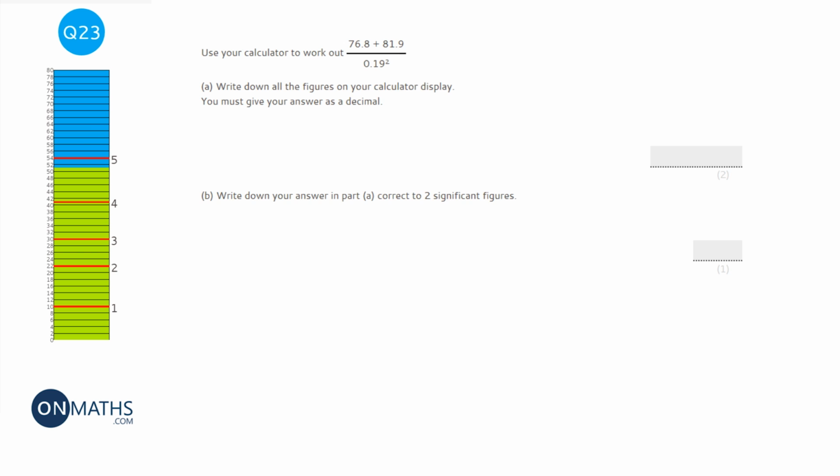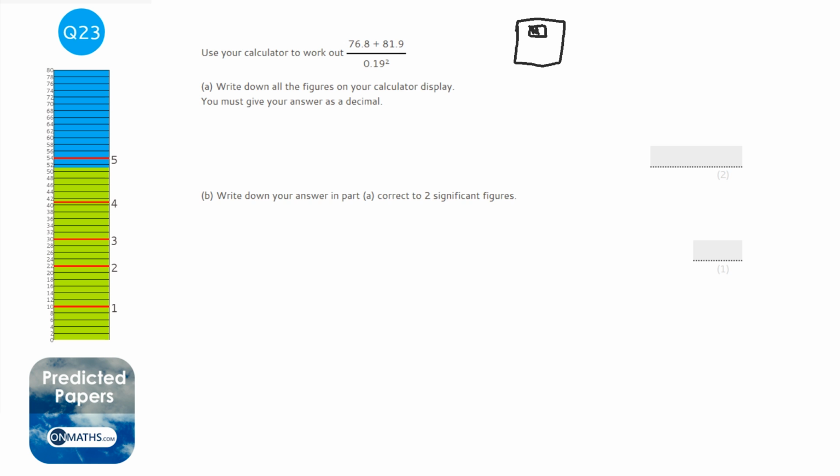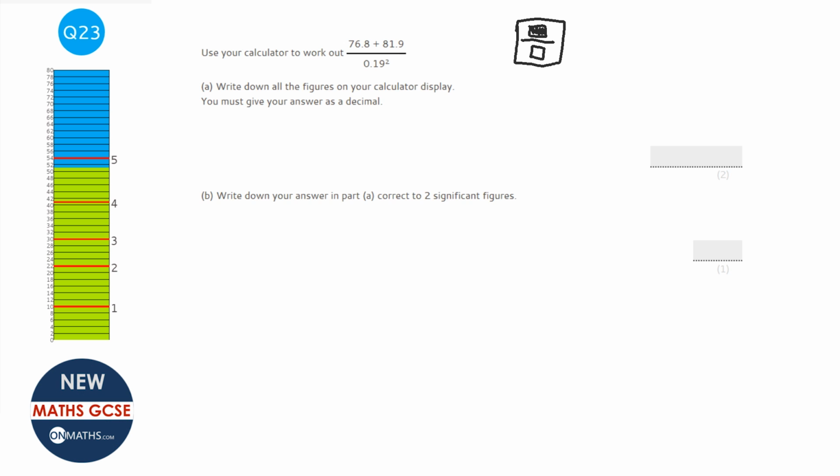So the first button I would press, and there's different ways of doing this question, is the button to get the fraction, which on the Casios looks like this, and that will make a fraction appear on your calculator. Now some of the older ones, the fraction looks a bit weird. It involves like a symbol like this, and actually on the new ones it can, but you need to change the settings. If it does that, it should open up, it should look something like this, like a box and then another box, and there should be a cursor blinking in this box. Okay, so we want to fill in this top box first since it's already flashing.